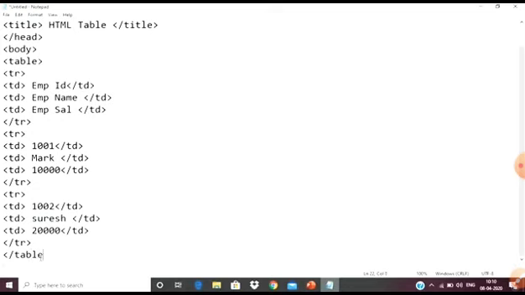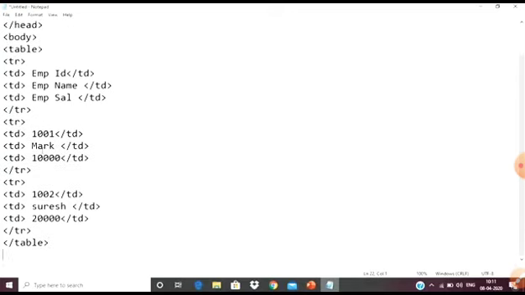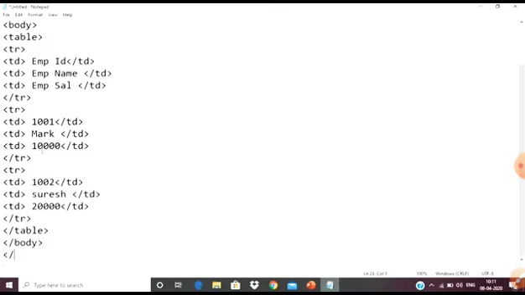And then after creating the tr, we have to close the tr we opened. After opening, we have to close, and then close the table tag too. And then what we opened earlier, we have to close after that. The body tag we will close, because body contains all the elements that we want to show on the web page. Then html, because this is a program of html.